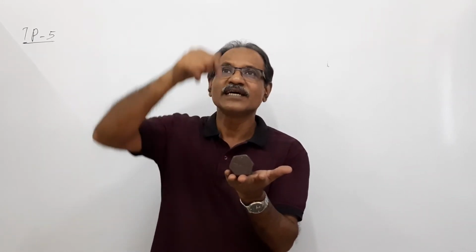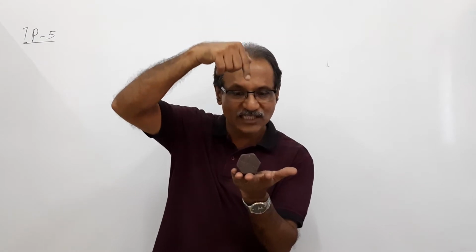Where is the cylinder standing? Cylinder is not standing there. Cylinder is not standing here. Cylinder is standing at the center, so that the axis of the cylinder, when extended, will meet the midpoint of the axis of the prism. That means it is placed centrally. You are asked to draw the isometric view.